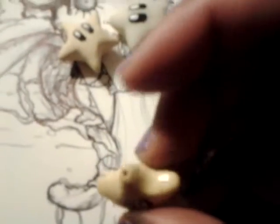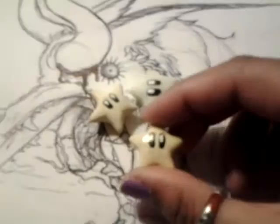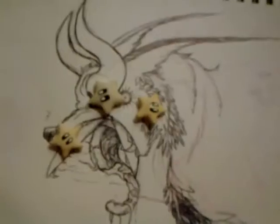Okay. There we go. Yeah, it glows in the dark, so. And then this one is a bead. So I've been making a lot of beads. So this one's a bead, but I kind of put the hole in the wrong place. It should be from here to here, I think. Anyway, so those are the...